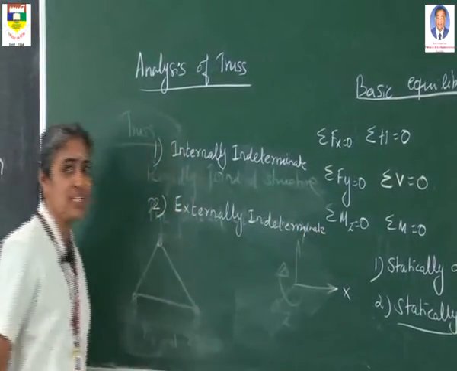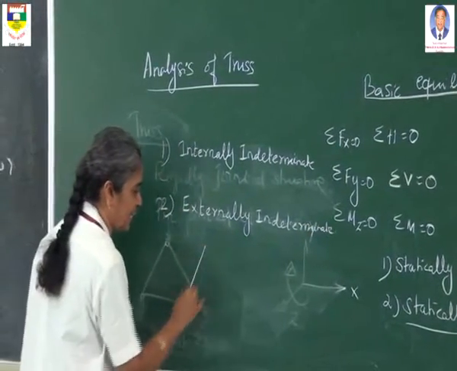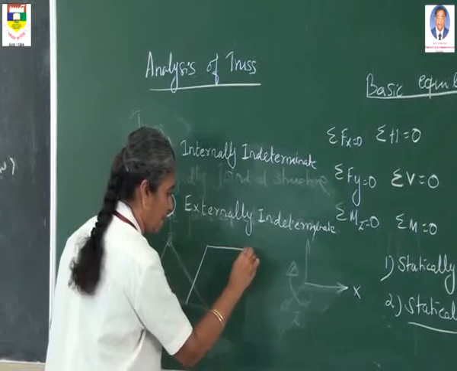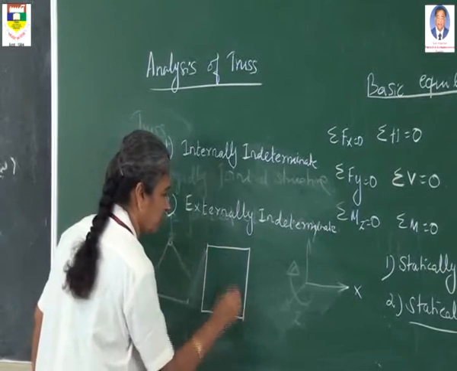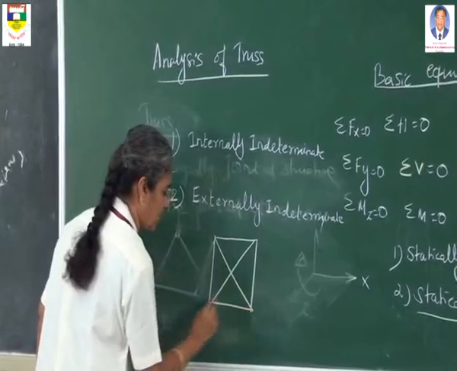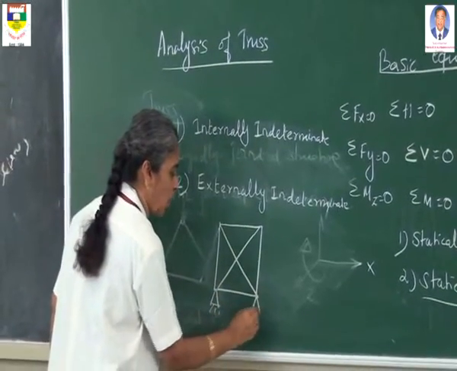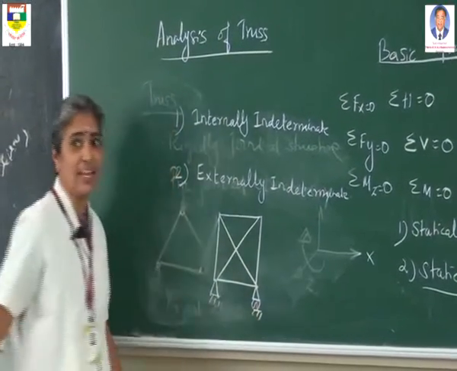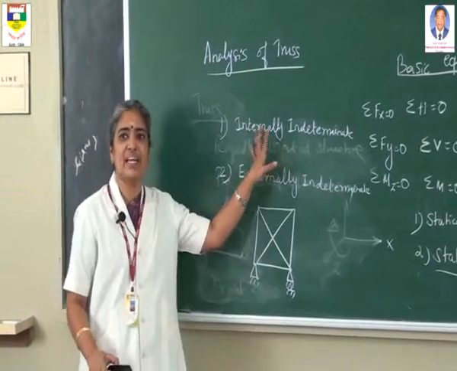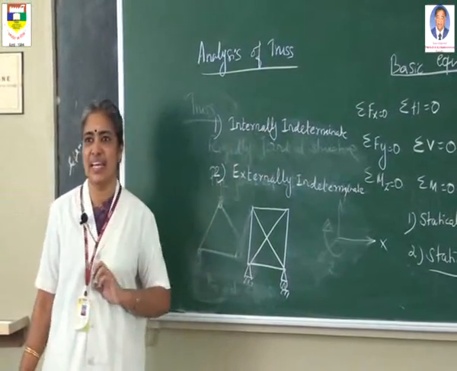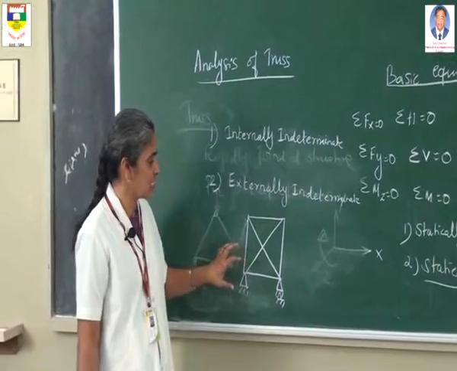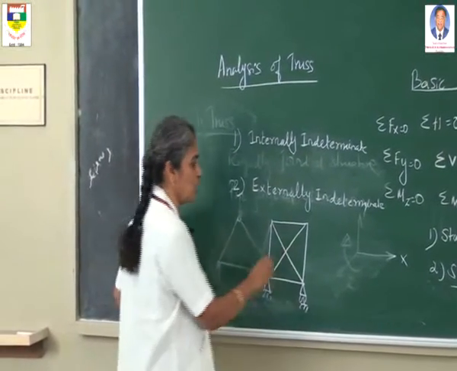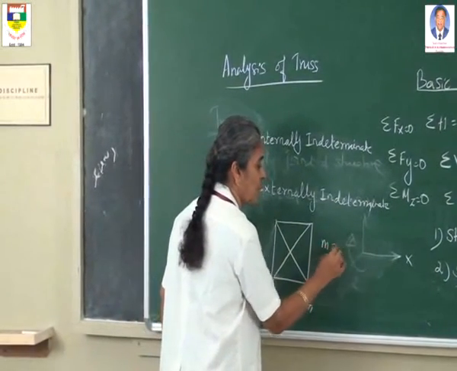Internally indeterminate means, suppose we are taking a truss like this. In this truss, I am going to explain what you mean by internally indeterminate and what you mean by externally indeterminate by using this small example. If in this truss there are 6 members, first you have to count the members. Number of members is